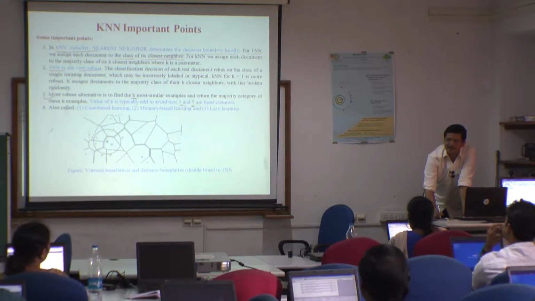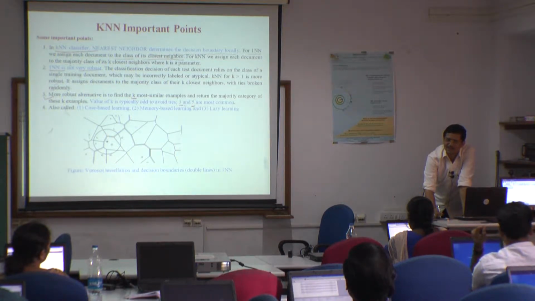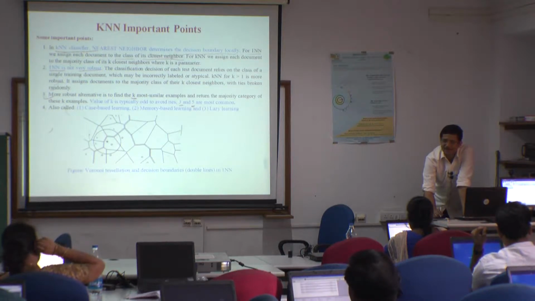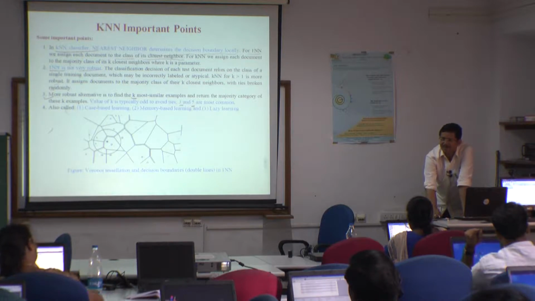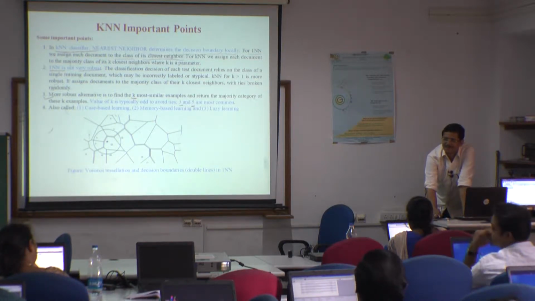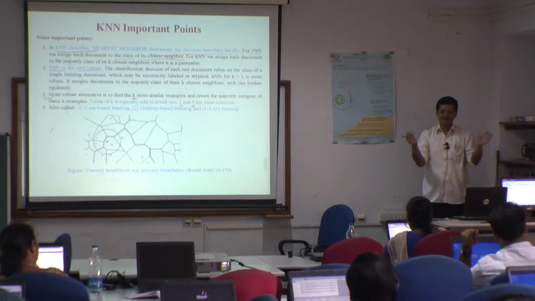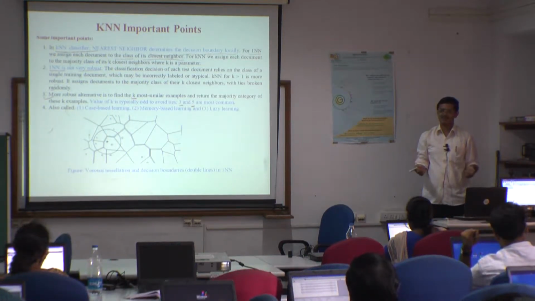Suppose you go with even numbers. Just assume a condition with an even number, where one red document is near to one blue document, and one yellow document is near to one red document and one blue document. Then which class will you assign? If you have an odd number, the chances are reduced, because you cannot divide into equal numbers of pairs if you select odd numbers.